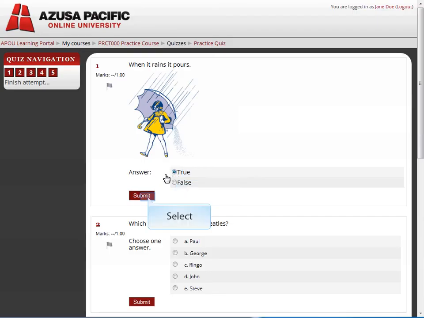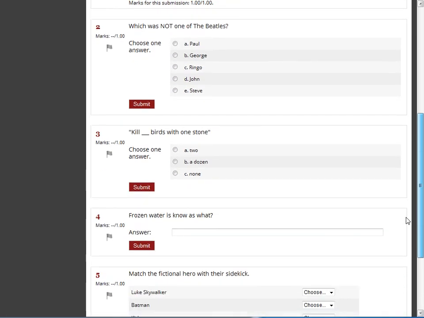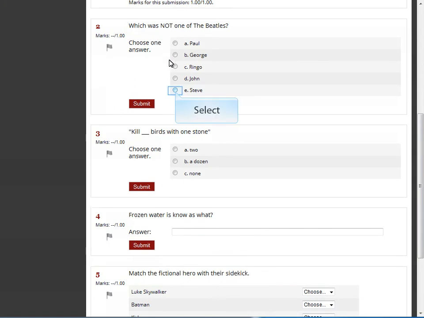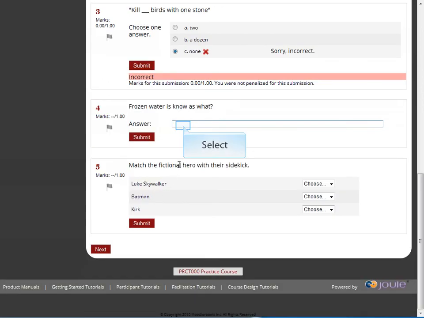So, with each question, you can make your answer by clicking the Submit button, and it's kind of nice because you'll get that immediate feedback on whether you got that answer correct or incorrect. You can see on the next one we'll maybe choose an incorrect answer, and you get that feedback of incorrect. You'll even have short answers available to you as well, and the computer knows how to read that as correct